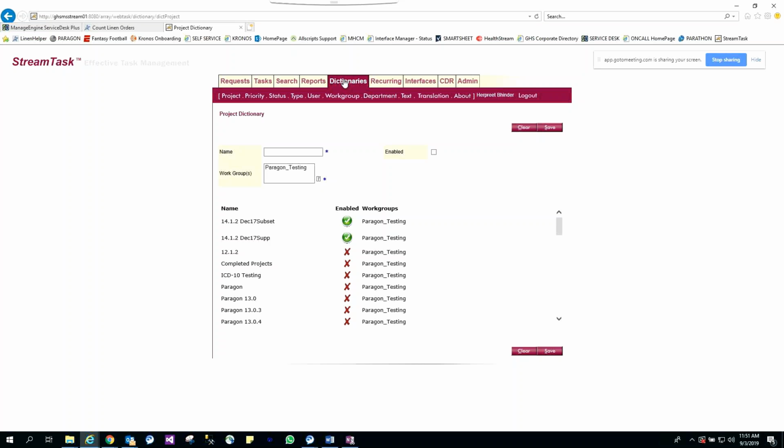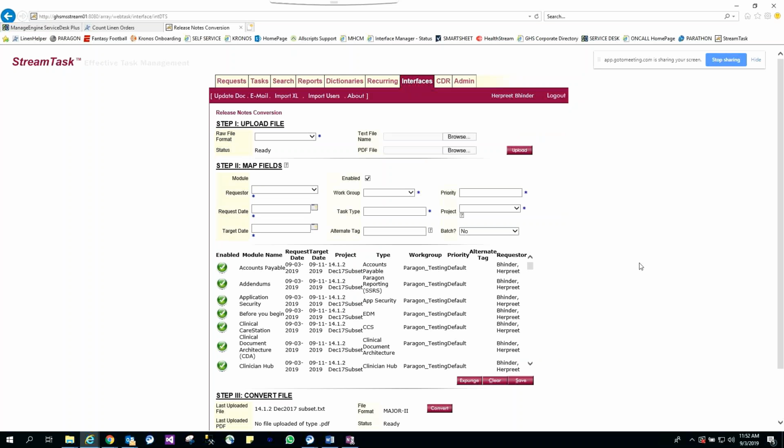There are two supplements now, May and August. I'm assuming you're going to need both. I suggest we set another meeting because it's a little bit different process. If you click on the interface tab, for what we've been doing up until these new ones, you're going to use this release notes conversion page. If you click on import Excel in the ribbon,